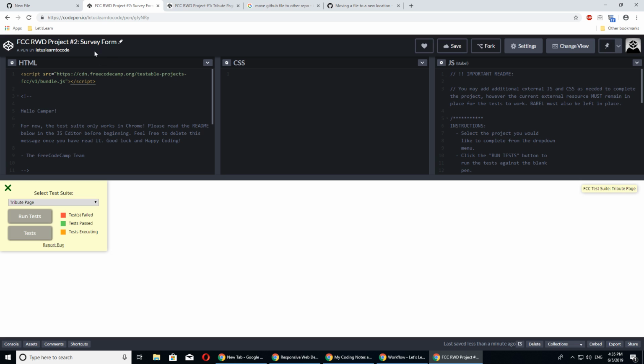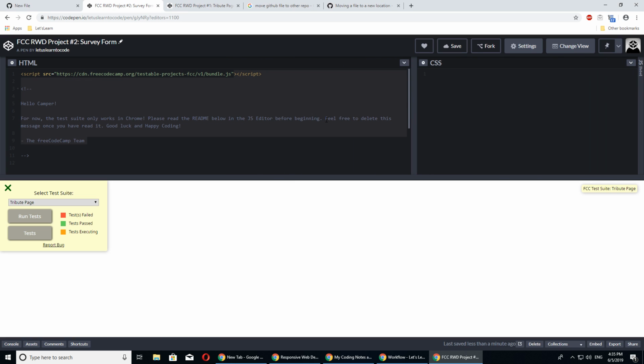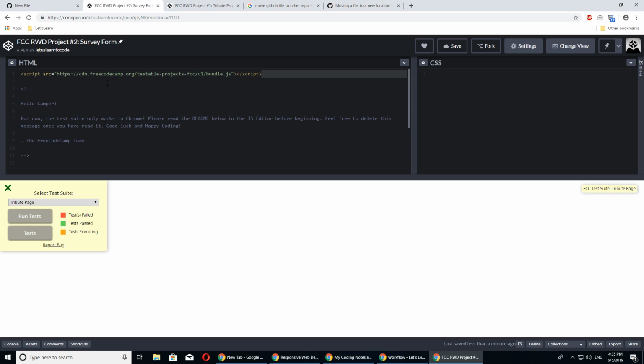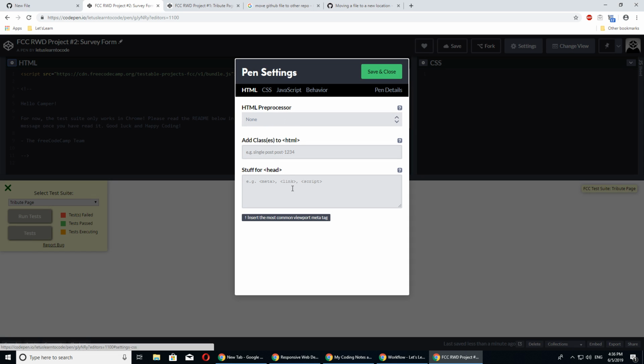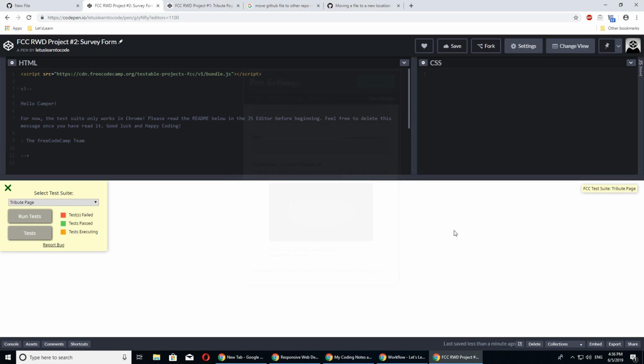Okay, so this is the pen that I copied. I don't need the JS editor. I probably don't need the CSS editor either, for now. The script just loads this test suite thing, I guess. Okay, so we have to, how was this? I think we don't even have to use the doctype thing. I think I read that somewhere. Okay, let's still use it. So